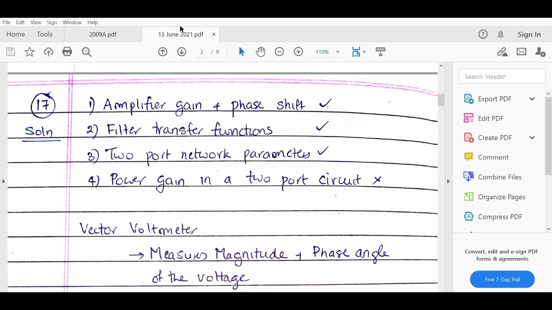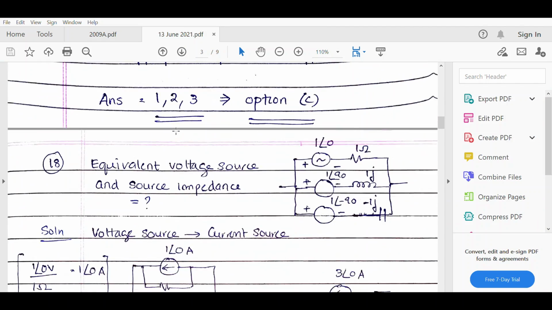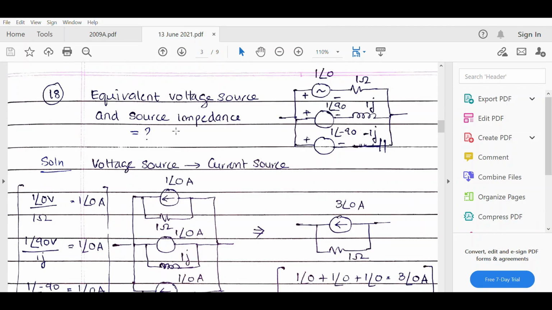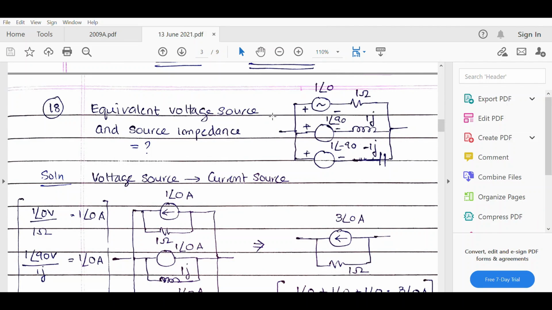Now to solve this question, we first consider the circuit itself. This is the circuit. We have 3 different sources and different source impedances, and they want us to find the equivalent voltage source and source impedance. Now the method we will be predominantly using in solving this question is the voltage source to current source conversion,